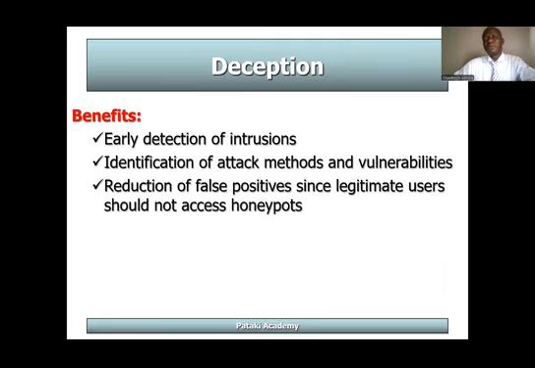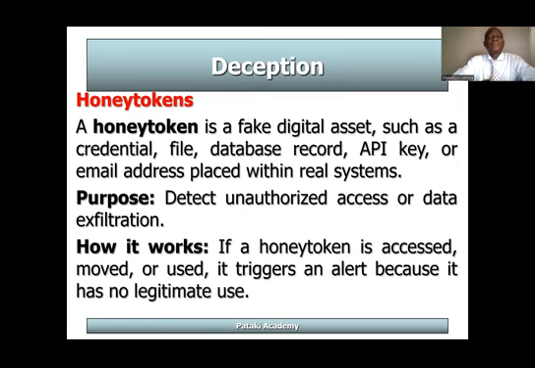Honey token. A honey token is a fake digital asset, such as a credential, file, database record, API key, or email address, placed within a real system. The purpose of a honey token is to detect unauthorized access or data exfiltration. How does it work? If a honey token is accessed, moved, or used, it triggers an alert because it has no